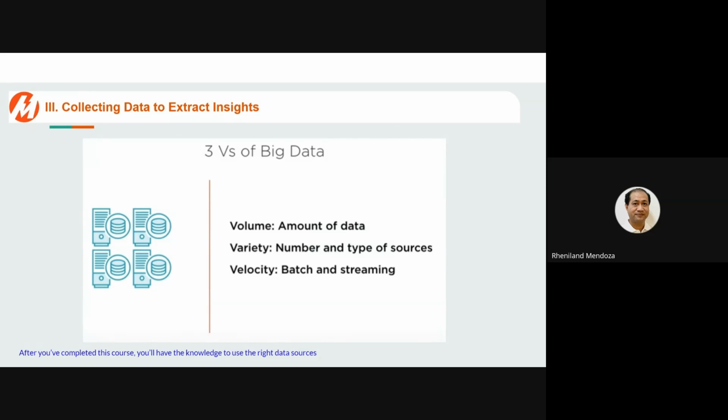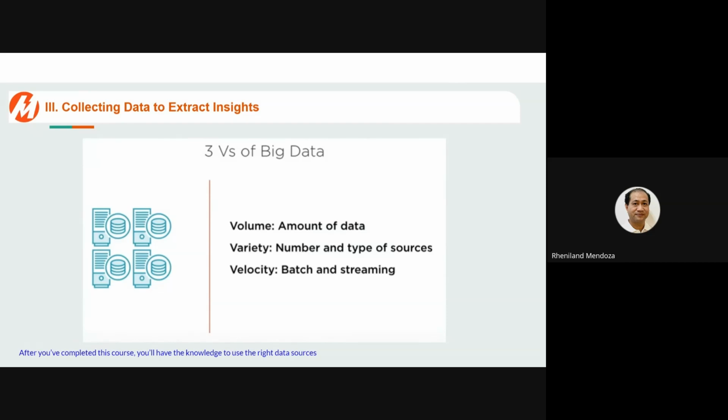The first of these V's refers to volume. This is the amount of data that has to be ingested and processed by your system. Volume, as you might imagine, is the main characteristic that makes data big. Data is no longer measured in megabytes, as I mentioned earlier. It is now measured in gigabytes, terabytes, or petabytes, and perhaps some systems are now in hundreds of petabytes.